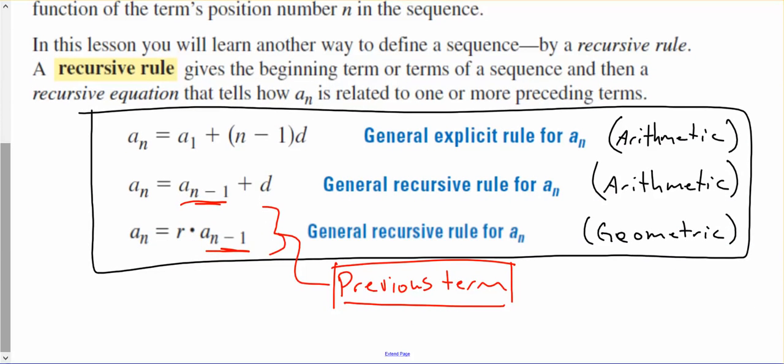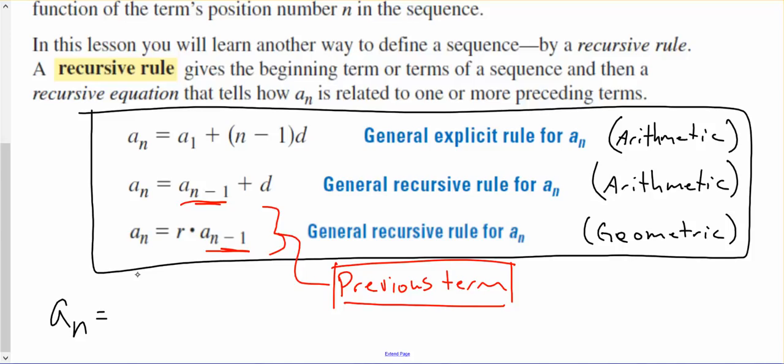So here's what we want to know. We already should know this first explicit rule. This is what we've been working on for the last 3 days. The power of the explicit rule is that it takes us straight to a point. That's like what we just had. When we distribute our common difference through, and then we add whatever number we get to our first number, we get something like